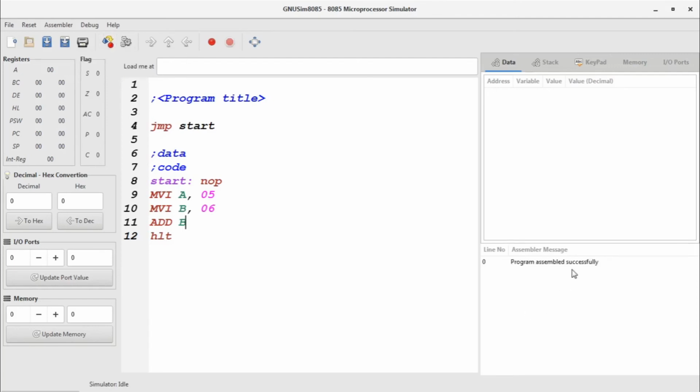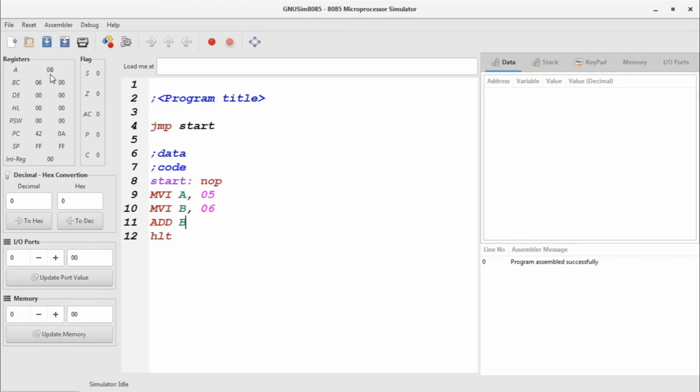As a result you can see program assembled successfully. Now you can load that program by writing here. So 5 and 6, the addition will give you 11, and you can see the accumulator's content is now 0B. B is in hexadecimal, which is equivalent to 11 in decimal. So our result is quite okay.